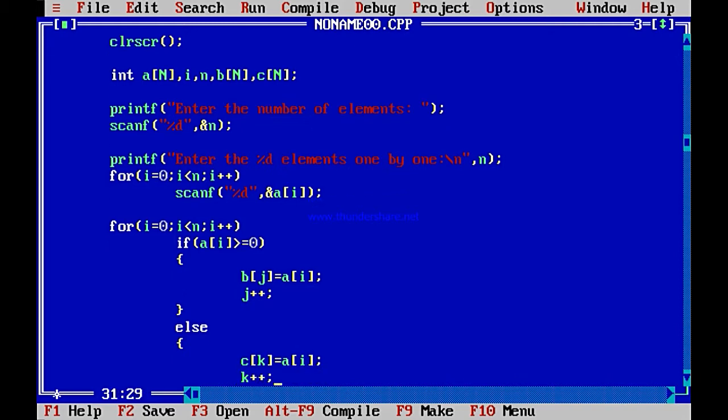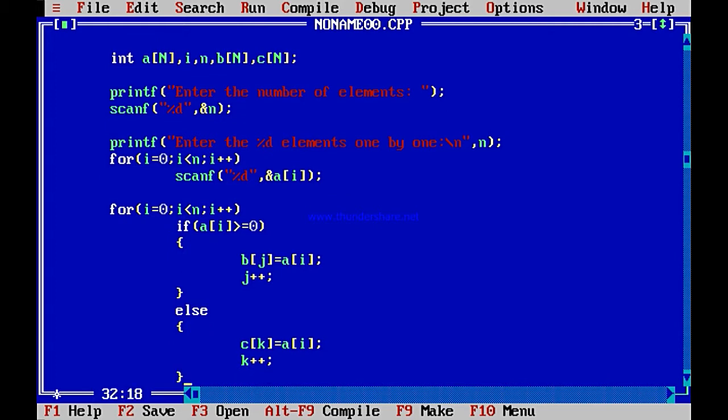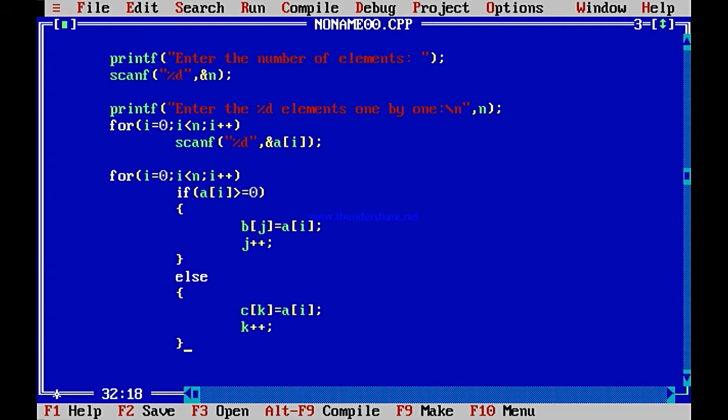And here I will end this loop. The for will not need any bracket, because for is containing one if and else, and obviously it does not contain anything else. It obviously means this thing is within for. So once this is done, your B array and C array are ready.